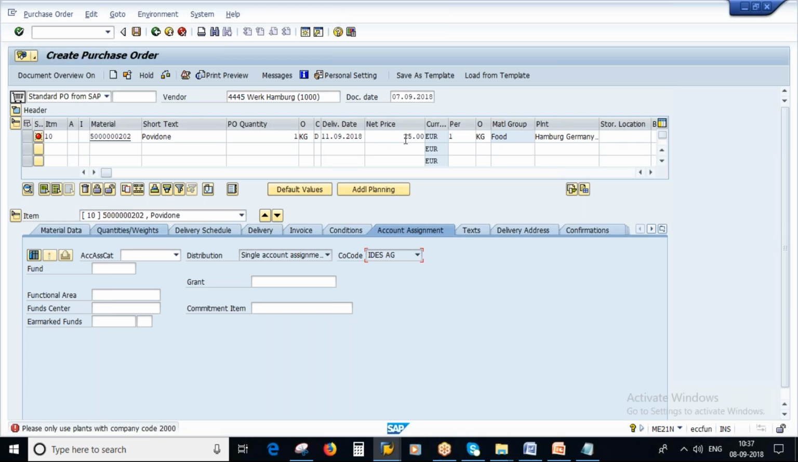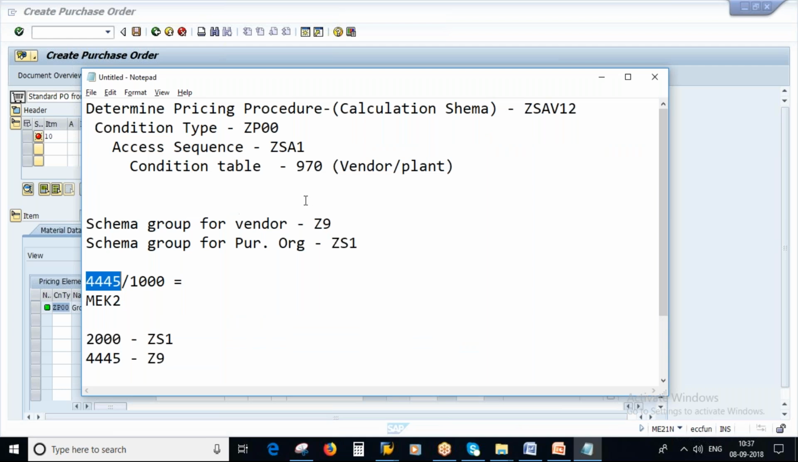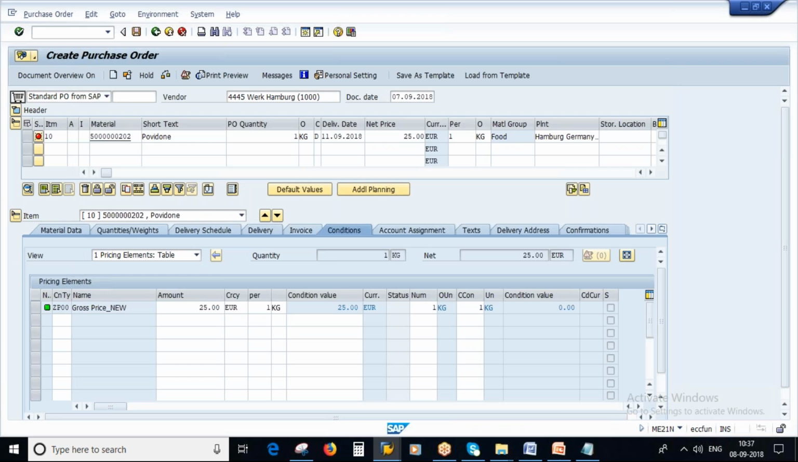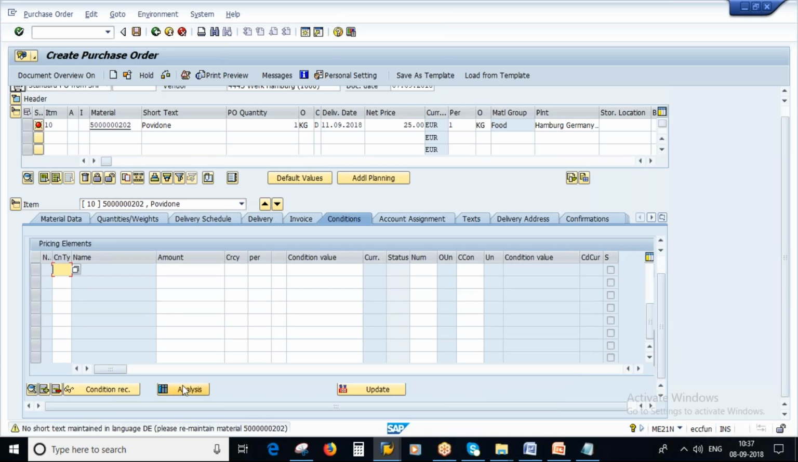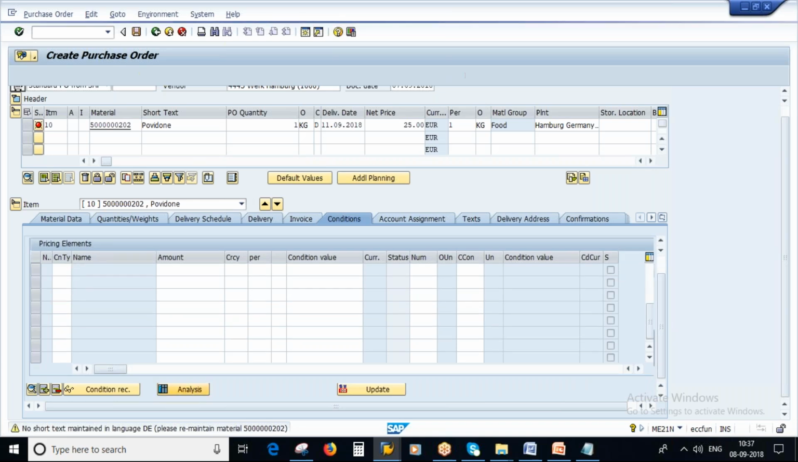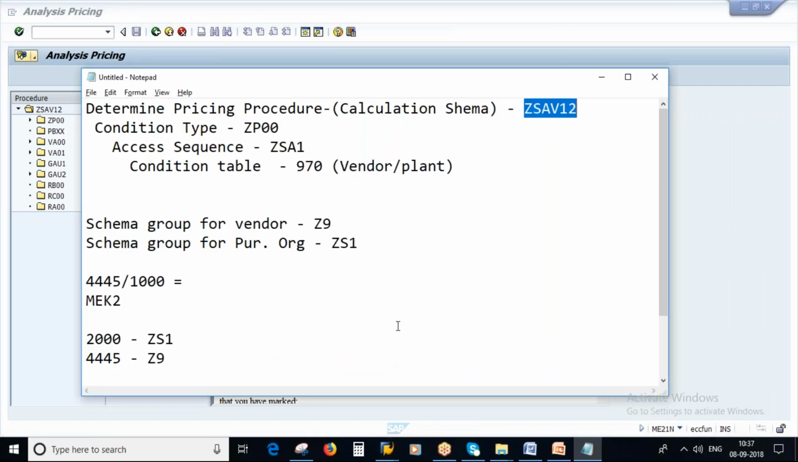But if you observe carefully, see, the price is picked up as 25 for 1 kg. And this is the condition type we defined. Which condition type did we define? The custom condition type, this one, ZP00. It got picked up here. And if you scroll down here and click on the button analysis, see, the pricing procedure is this one, ZSAV1. So whatever configuration we have done is working fine. So this is all about your